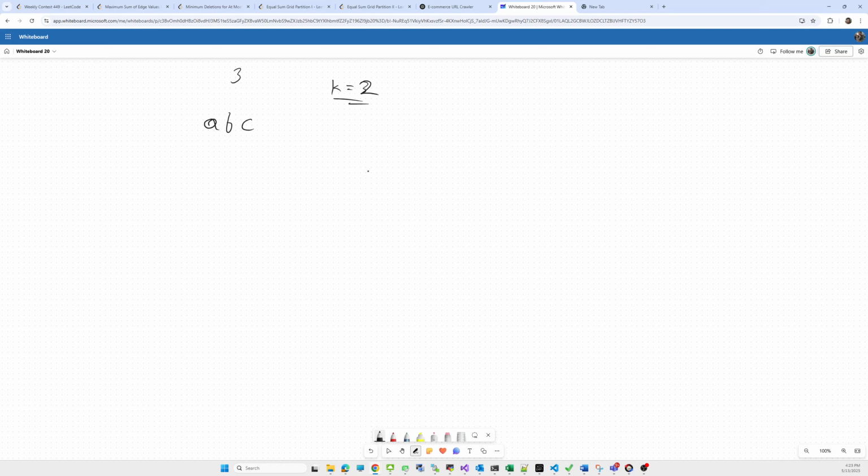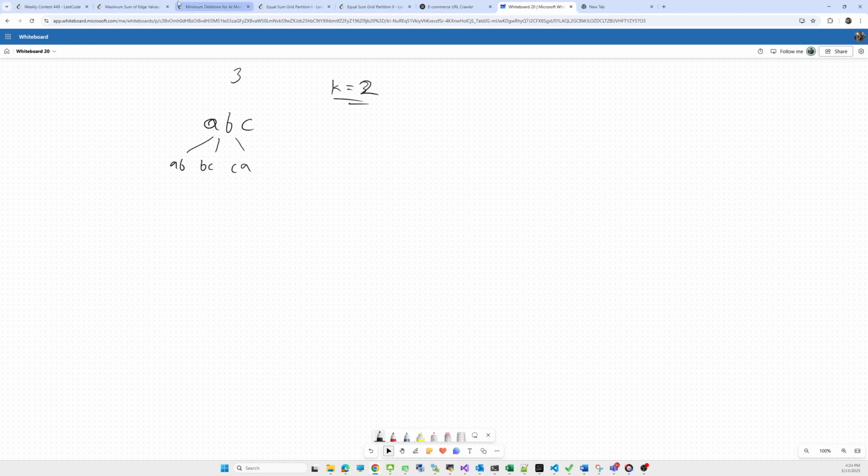We have to make a string which has 2 distinct characters, like we can make AB, BC, CA, whatever combination is possible. So in order to make this string, the minimum requirement is that we have to remove one character from this to make k equal to 2.